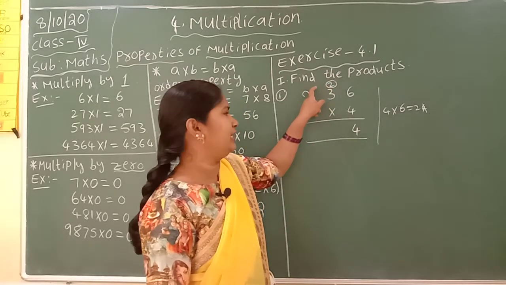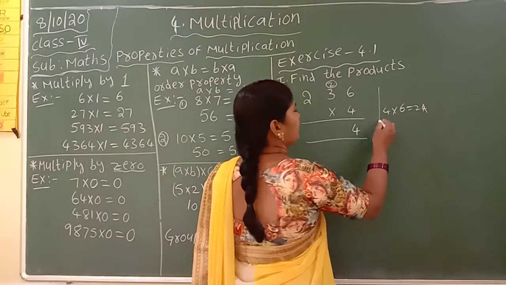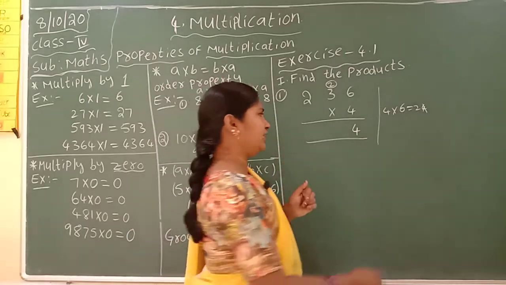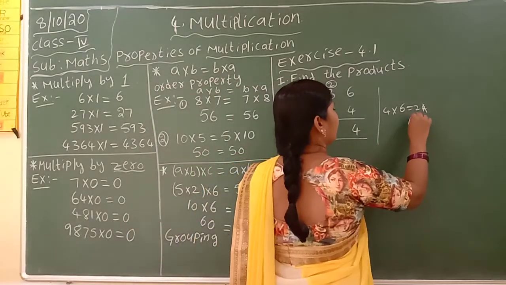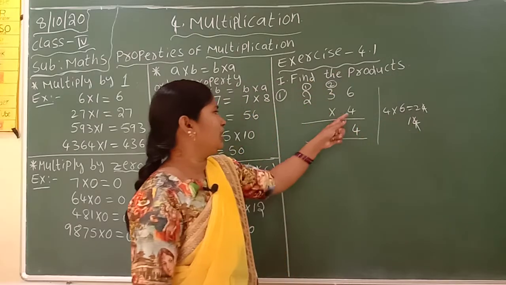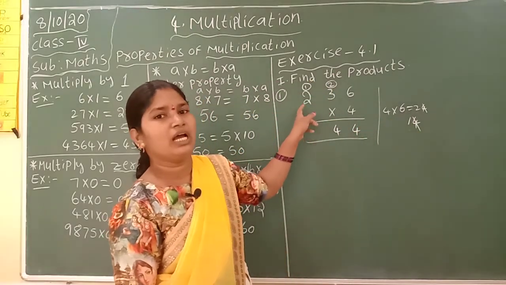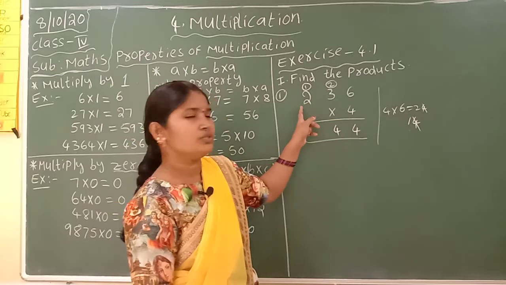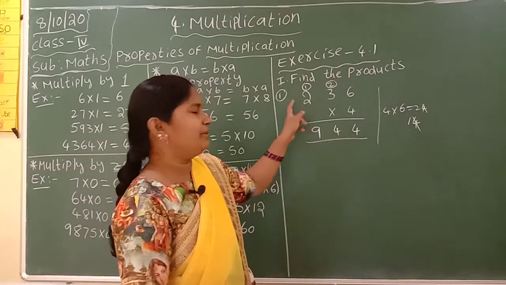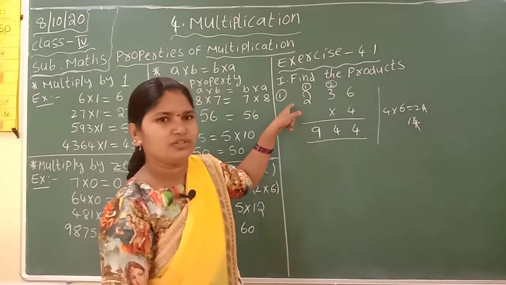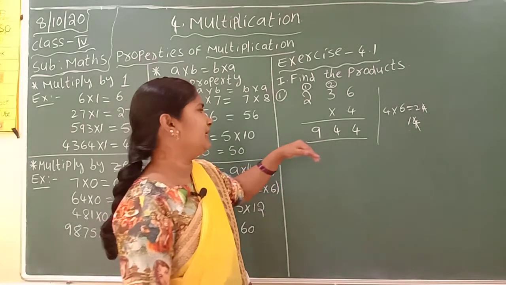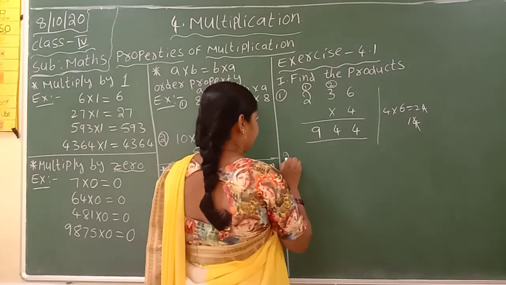Means like regrouping. Next, 4 threes are 12. 12 plus 2, 14. Again 4, cut and write here. 1, write down in the next place, regrouping. Next go for the hundreds place. 4 twos 8. 8 plus 1, 9. Here multiplying means you are getting one answer. For that answer you must add the carrying number. Then only you will get the correct answer. It is the first one. Next one.